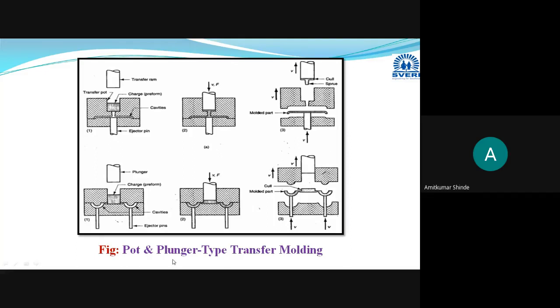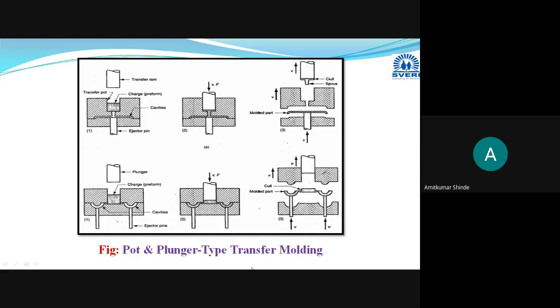Then another difference is related to the mold used, the number of plates. Generally in the pot type transfer molding process, a three plate mold is used, and in this plunger type, a two plate mold is used. Okay, here this is the press. And third, the amount of cull produced is on the higher side in this pot type. Here cull is produced in a smaller amount, and wastage and scrap will be more in the pot type transfer molding process.